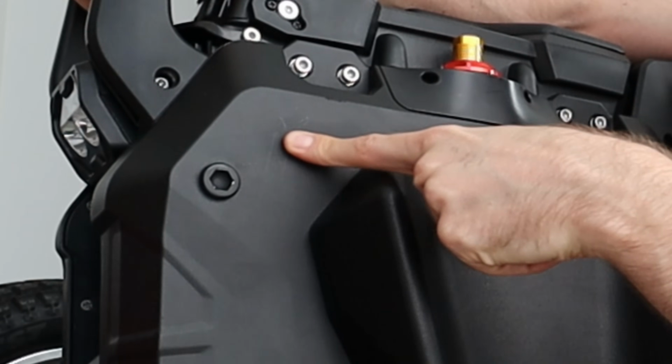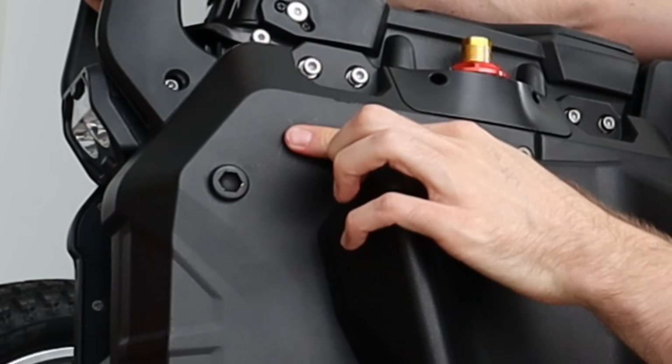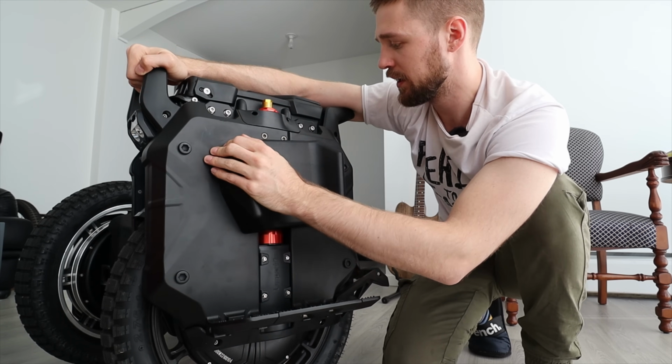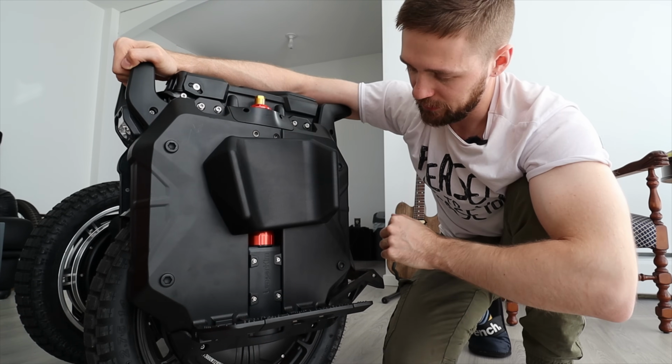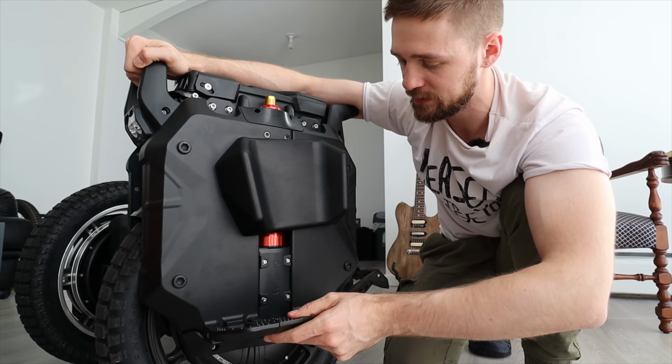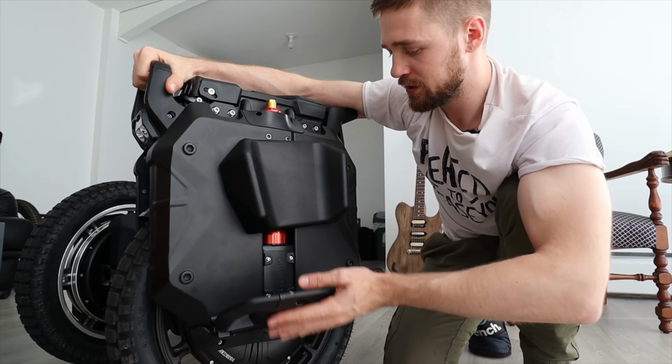I guess it's a softer metal, so it's really easy to get scratched up. This side just fell on some screws while I was assembling the wheel, and yeah, so scratching will be fairly quick and easy to do. Moving on, we also have the